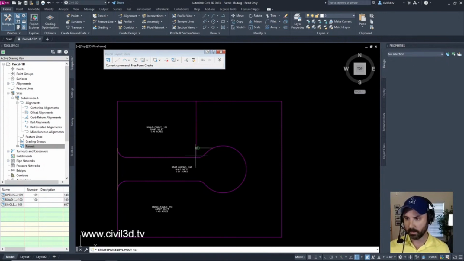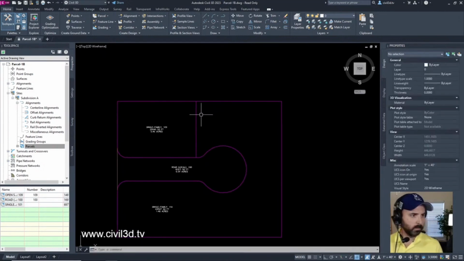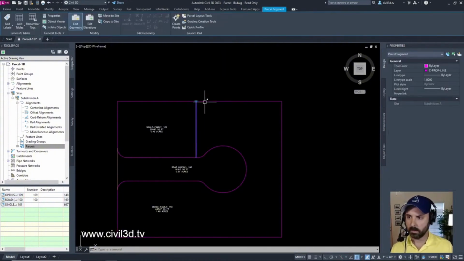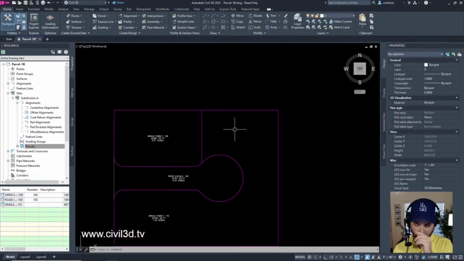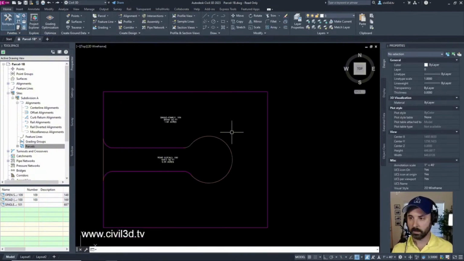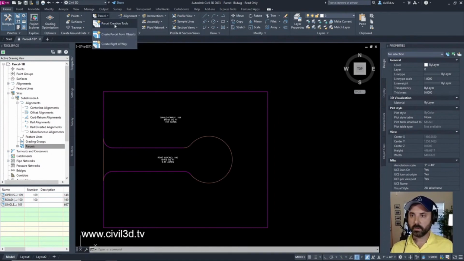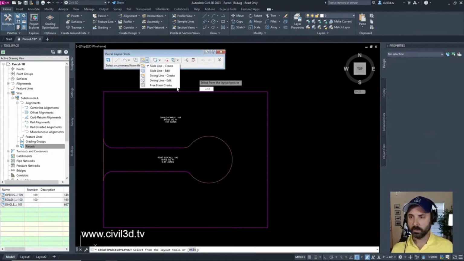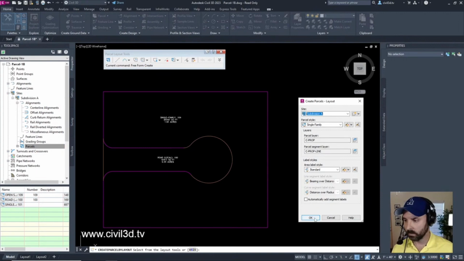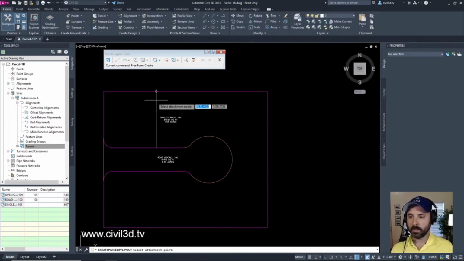There's a way of being able to do it this way, but I'm trying to go through this. I can move this over to here. There we go. Okay, let's try this again. I'm going to undo this. I'm going to go into parcel creation tools once again, go into the freeform create. We'll accept the defaults. And I'm just going to go straight up and down like this.